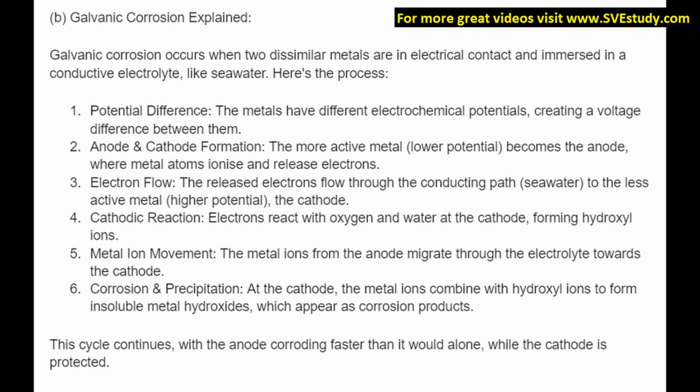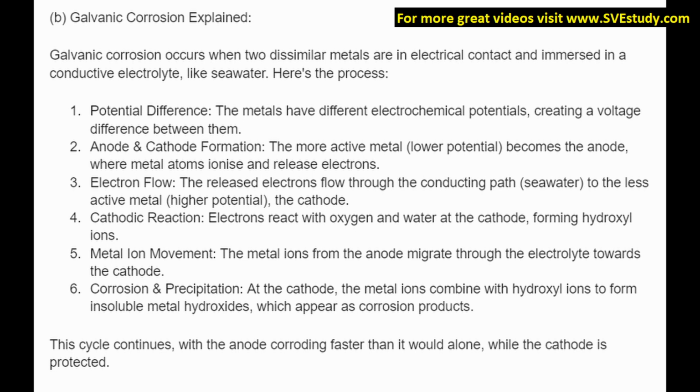electrolyte like seawater. Here is the process. 1. Potential difference. The metals have different electrochemical potentials, creating a voltage difference between them. 2. Anode and cathode formation. The more active metal, lower potential, becomes the anode, where metal atoms ionize and release electrons. 3. Electron flow. The released electrons flow through the conducting path, seawater, to the less active metal, higher potential, the